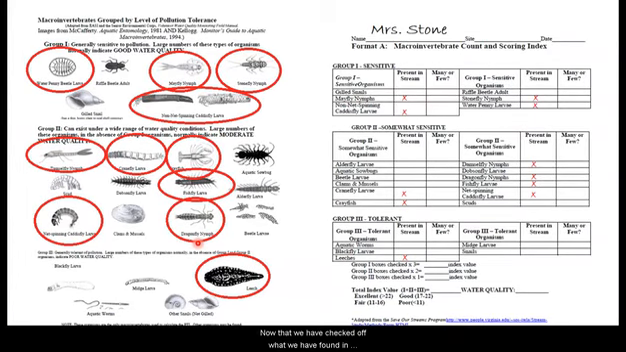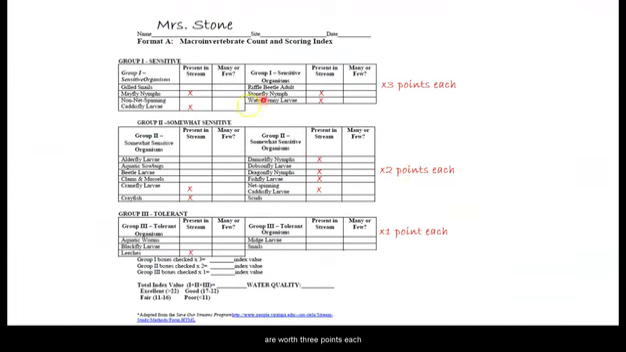Now that we have checked off what we have found in each of the different data tables, we need to do some calculations to give our stream a total index value. Our group 1 boxes are worth 3 points each. That's noted down here at the bottom. Our group 2 boxes are worth 2 points each, and our group 3 boxes are worth 1 point each. So if we count up how many boxes are checked for group 1, that's 1, 2, 3, 4 boxes, and we multiply that times 3, since those are worth 3 points each. 4 times 3 equals,